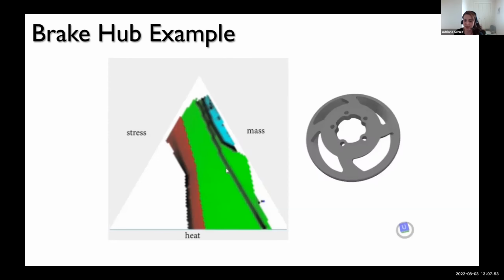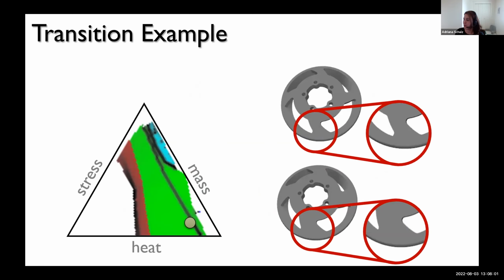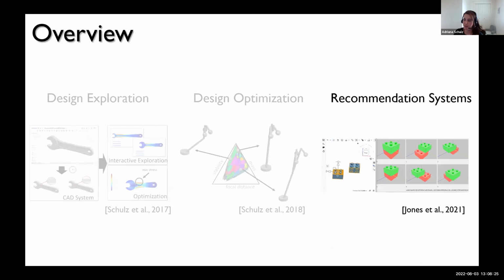And this was a really interesting way for us to also learn a lot about our designs as well. So for example, we see these two models that have very similar trade-offs, and this is not intuitive by just looking at the CAD model, but once you have this information, you can analyze it and understand that actually there's a reason why you would get the same trade-offs in these two models. So this is what I mean by design systems for optimization.